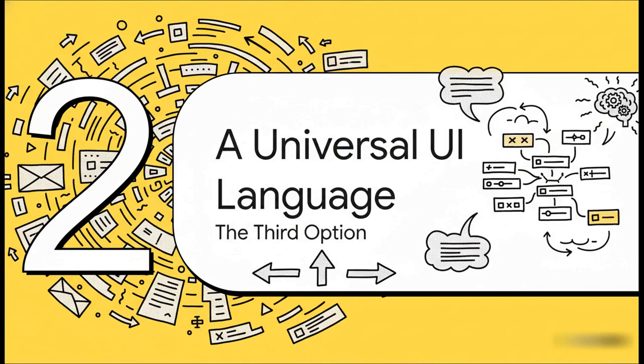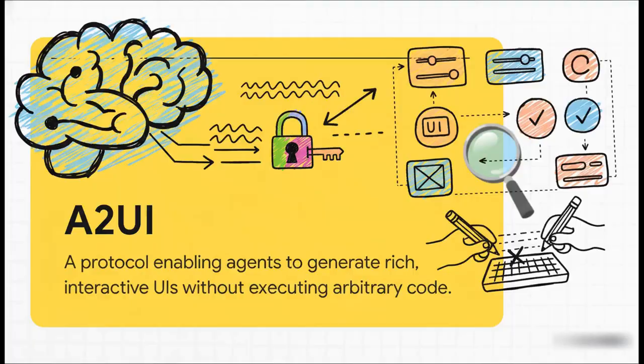So how do you get all that power without all the danger? You need a totally new way of thinking about it, a third option. What you really need is something like a universal language for user interfaces that any AI can speak fluently. And that, my friends, is exactly what A2UI is. It's a protocol, basically a set of rules, that lets an AI agent describe an interactive UI. So instead of writing and running risky code, the AI just sends a description, like a blueprint, of the interface